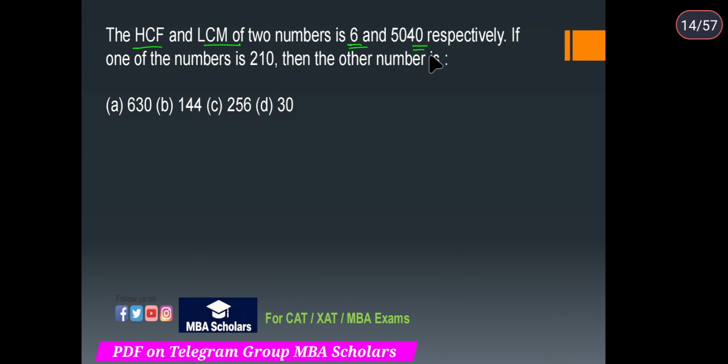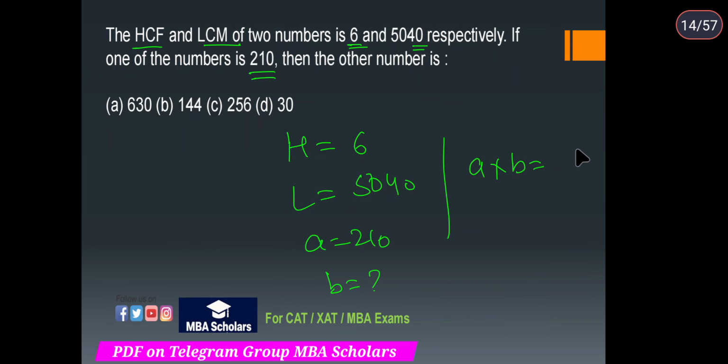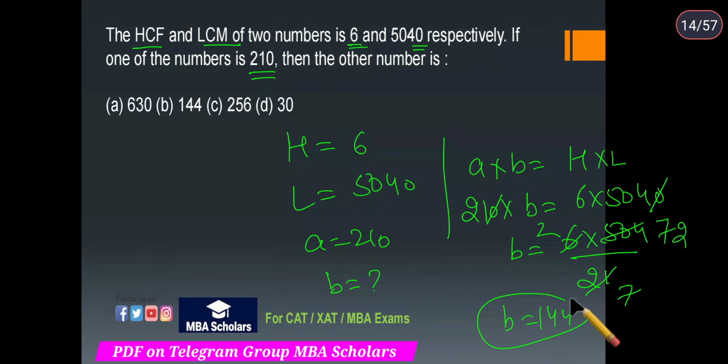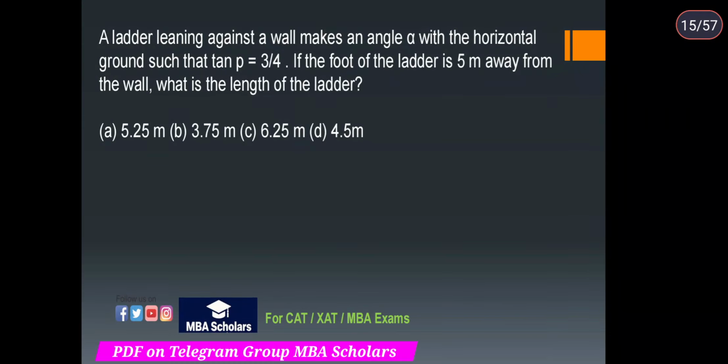नेक्स्ट, SCF एंड LCM ऑफ द टू नंबर इज 6 एंड 5040। तो SCF इज 6 एंड LCM इज 5040। वन ऑफ द नंबर इज 210। तो आपको सेकंड नंबर निकालना है। सो आई टोल्ड यू जस्ट द प्रॉपर्टी दैट इज प्रोडक्ट ऑफ दीज टू नंबर शुड बी इक्वल टू द LCM एंड द SCF, राइट, SCF और LCM। तो प्रोडक्ट ऑफ द टू नंबर दैट इज 210 इंटू B शुड बी इक्वल टू 6 इंटू 5040। तो 0 से 0 कैंसिल आउट हो जाएगा। B इज नथिंग बट 504 इंटू 6 डिवाइड बाई 21। सो 3 2 जा 3, 7 जा 7, 7 2 जा। तो B का वैल्यू 144 आ जाएगा। तो ऑप्शन नंबर B करेक्ट है, राइट।